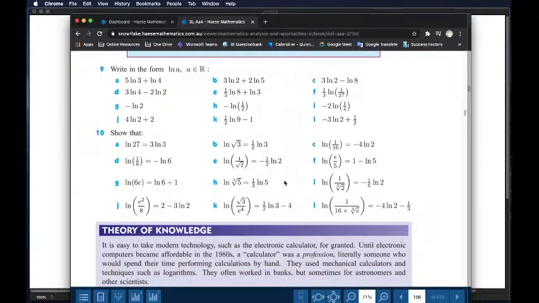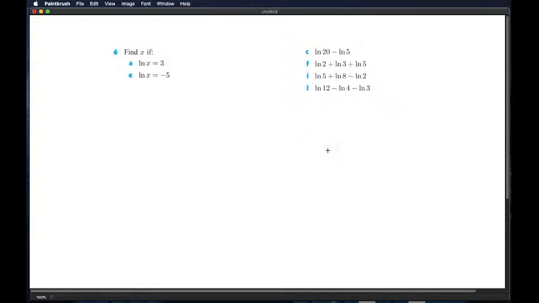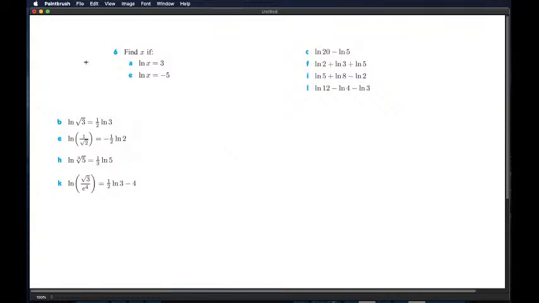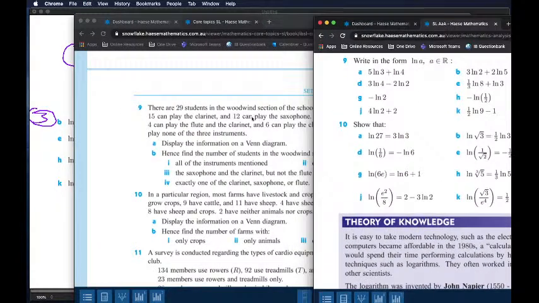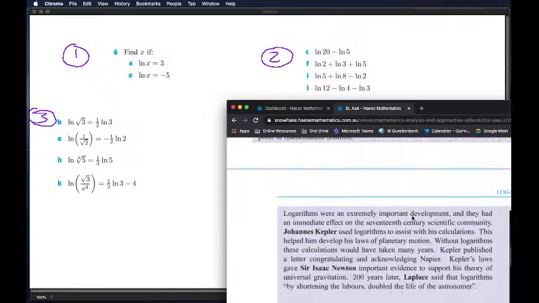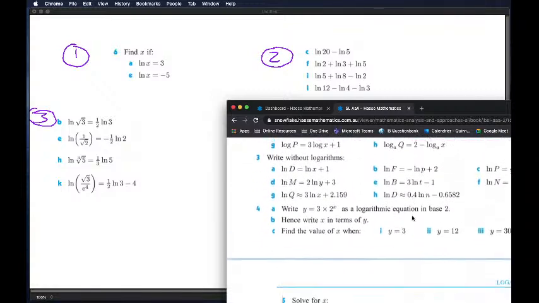Next, there are these types here, show that. So these are log rules as well. If you want, I'll put a couple on there and you can tell me what you want to look at. So that's the next chunk. I'll call this number 1, number 2, and number 3. So have a look at these 3 and tell me which ones you want to do as reference, and I'll find some more separate ideas on logarithms if you want. So if there's any of those that you want me to do, and then after that,